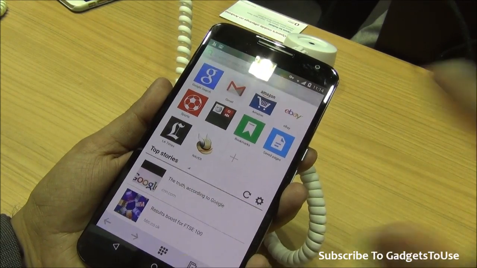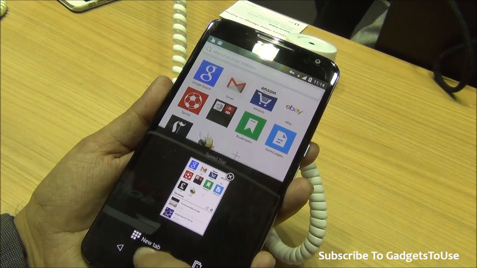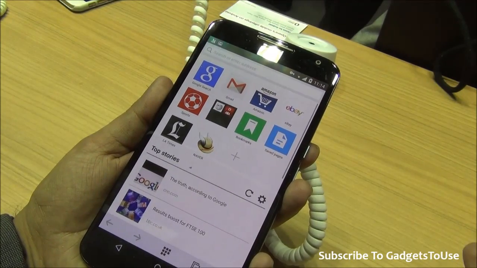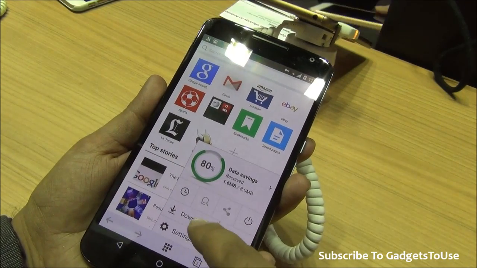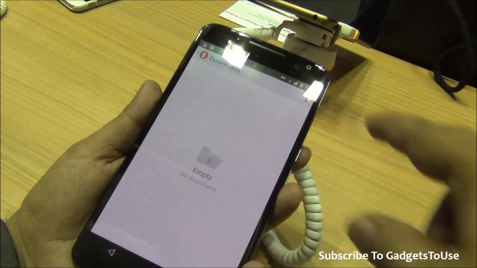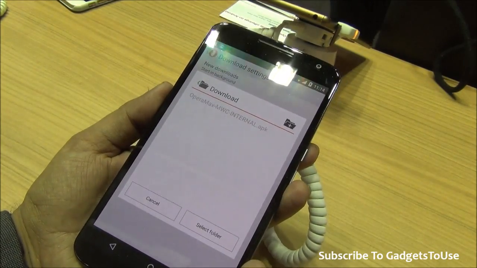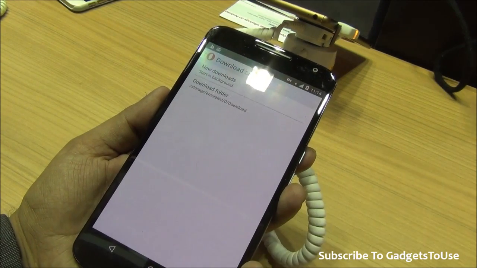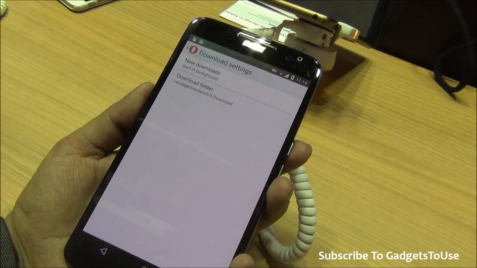When we talk about settings, we have these tabs over there which are again thumbnail, and you can switch in between them. You can open tabs. You can either open them in the foreground or in the background. Let's go to settings, and before we do that, let's take a look over the download. So you have a download manager over there in which you can control the settings. You can create the download folder where you would like to download the files. So it is not actually the Opera Mini who's deciding in which folder the file should be downloaded.